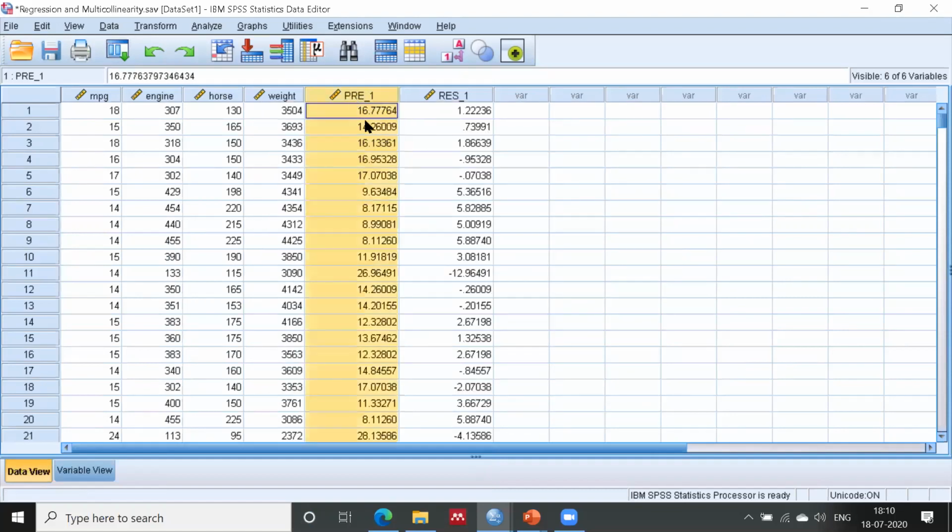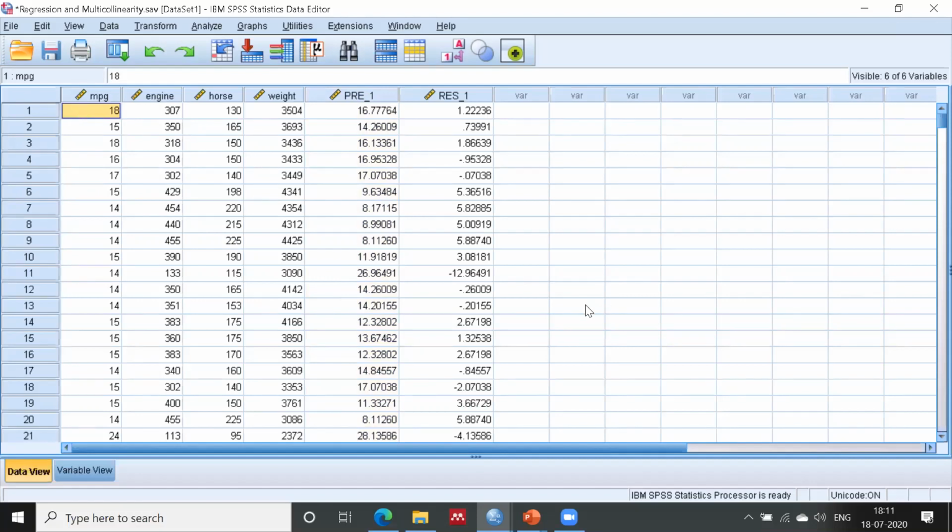This is my predicted value and this is my residual. You will get them in the data view of the input file, in addition. Whatever you check in Save, you will get in this file. If you add both values, like 16.77 plus 1.22, you will get the dependent value.